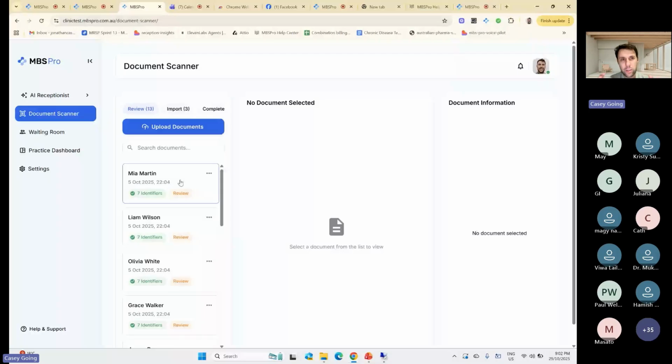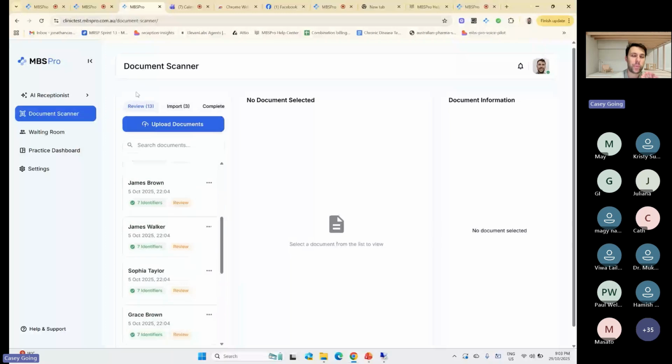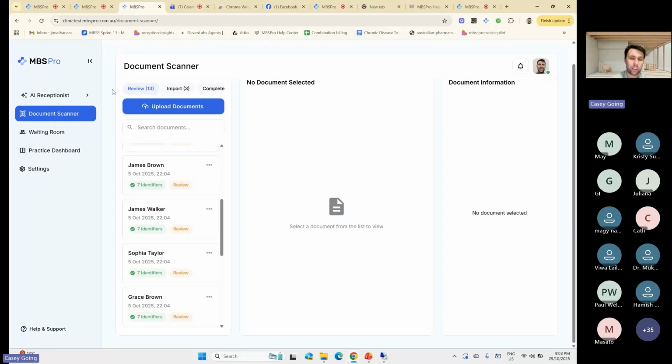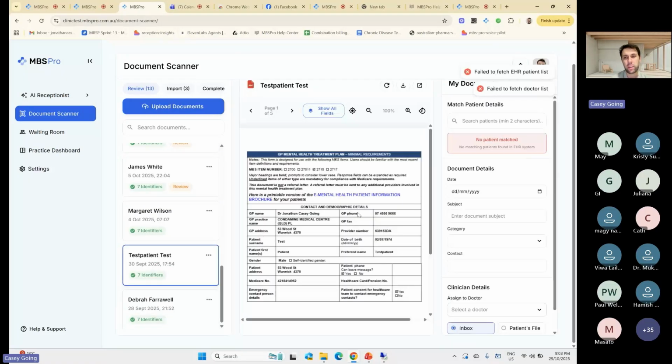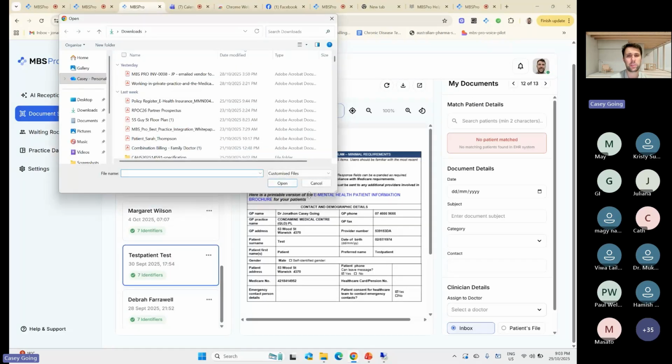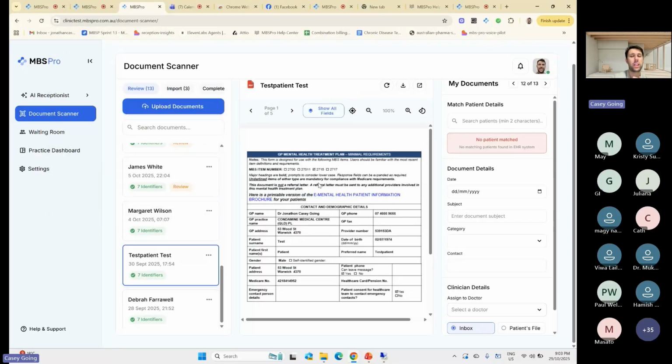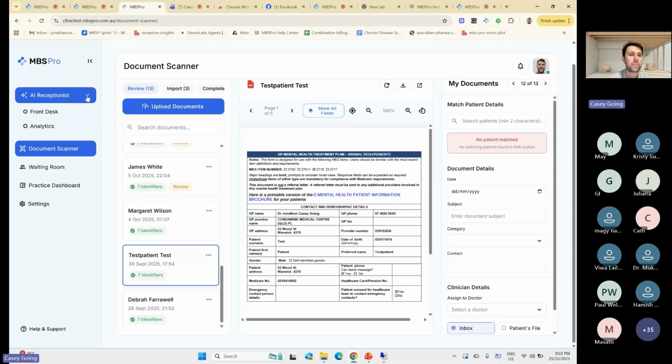This is more of a practice tool. So individual GPs, probably not that helpful. The way that it works is that it's a way to significantly reduce your admin and reception time spent on identifying documents and allocating them to the correct doctor's inbox. So it'll look at the patient that's come through, here's a mental health care plan, links it up with their ID, links it up with the doctor. You can upload documents from scanned files, emails can be imported, and it'll just send it off to the doctor's inbox and make it significantly quicker for your receptionist admin. So more of an admin reception type thing.